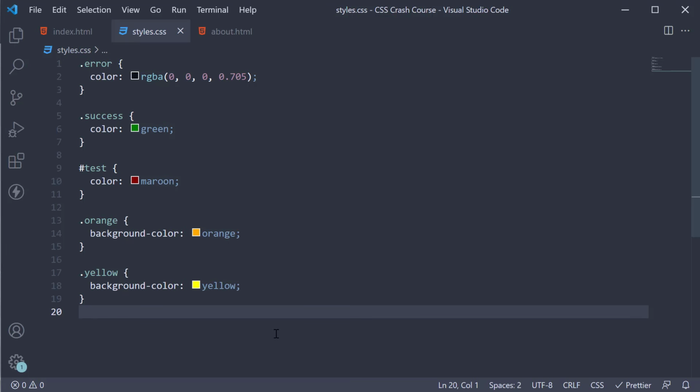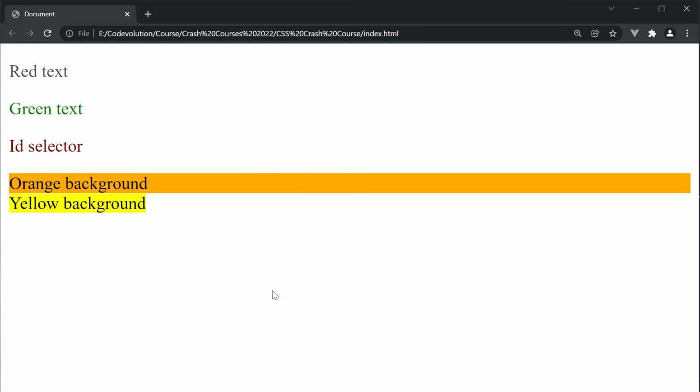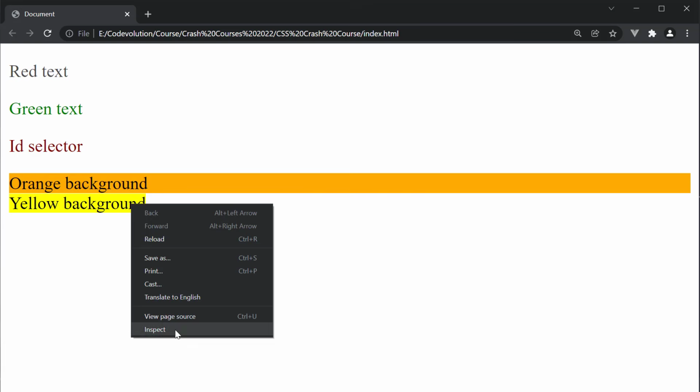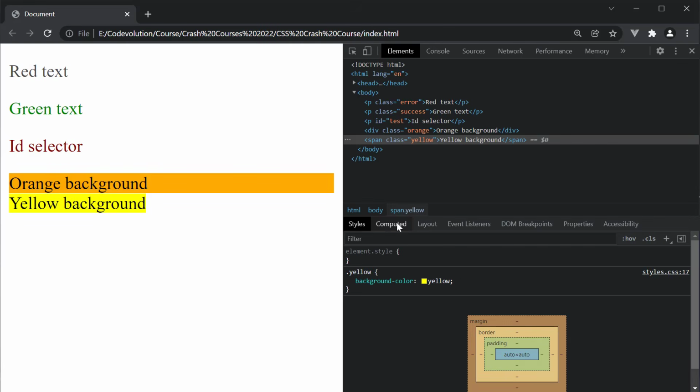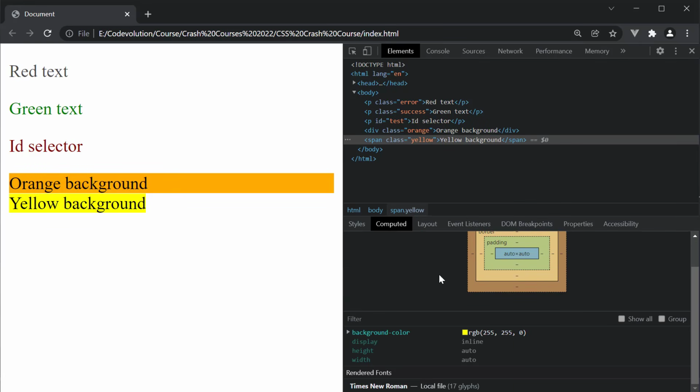Our next focus is going to be around text styling. The CSS properties used to style text generally fall into two categories: font styles and text layout styles. Let's start with font styles. By default on Windows Chrome, the font is Times New Roman. If I inspect the element, head over to Computed and scroll down, you can see the rendered font is Times New Roman. We can change that using the font family